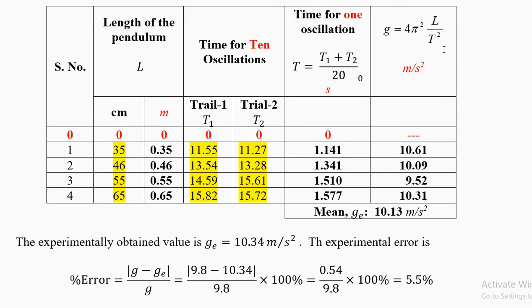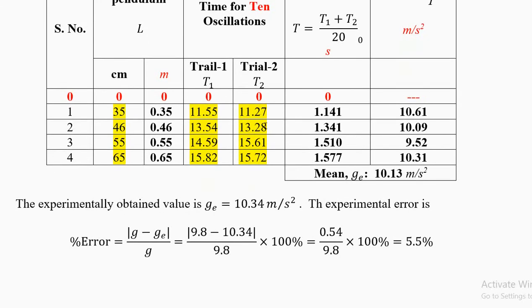In your exam, these calculations will not be shown. This zero line will not be shown. This zero line is very important for your graph. Now 13 plus 13 divided by 20 is 1.3. 14 plus 15 divided by 20 is 1.5 and more numbers. Write all the numbers here. Do not do any shortcut.